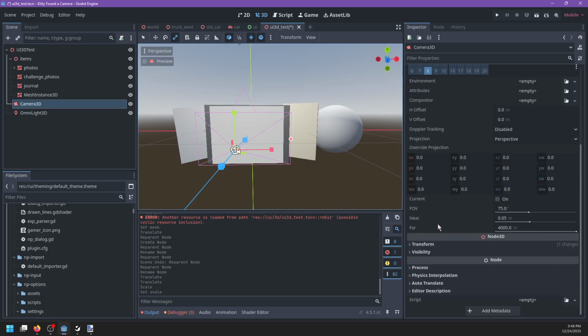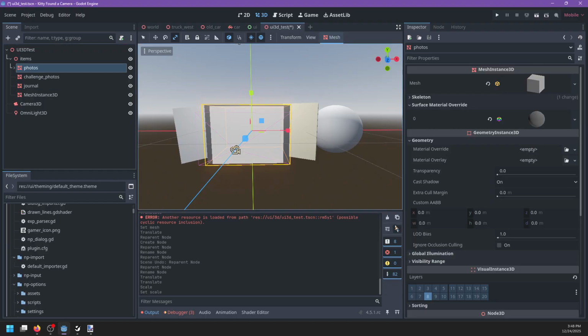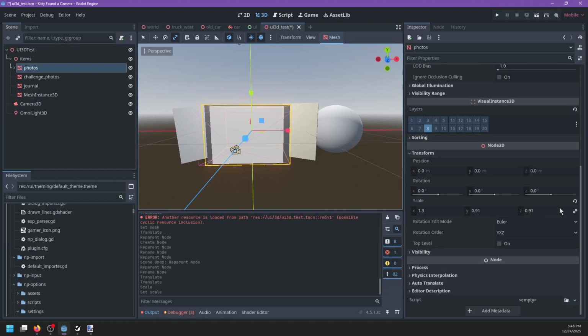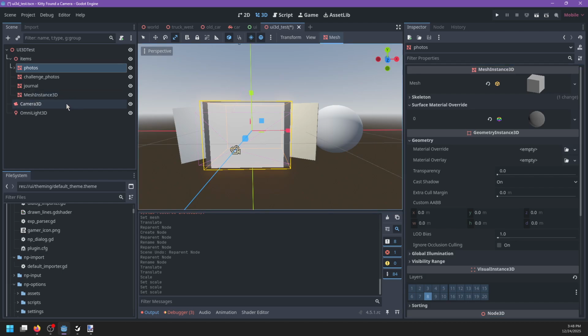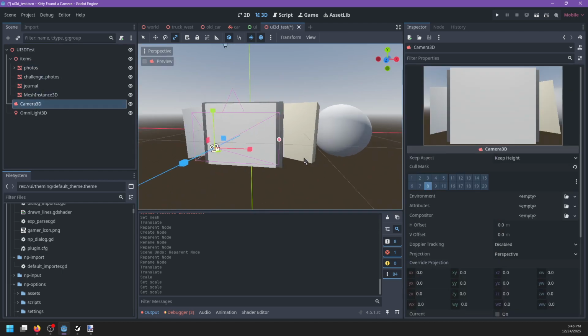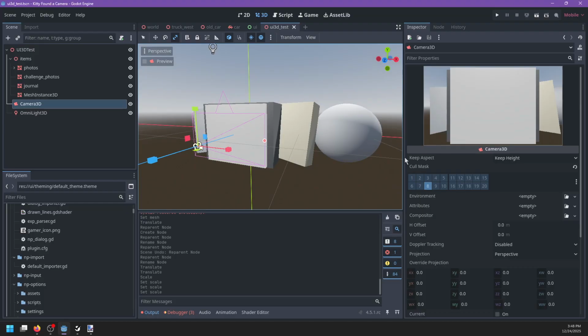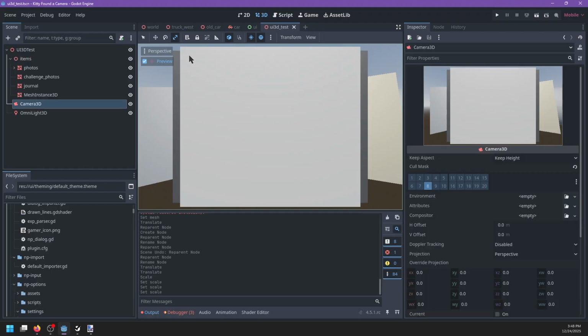So now it should be... Oh, wait, hang on. It's locked, though. Transform. Go back to transform. There we go. So yeah, this would be how much space the camera can take up on the screen, which I think is pretty reasonable. That basically matches the UI that we have already. I can add a tiny bevel here or something like that. I'll need to figure out what a camera would actually look like, but I might have a little bit of stuff here that can potentially go off the screen, but I want most of the space to be